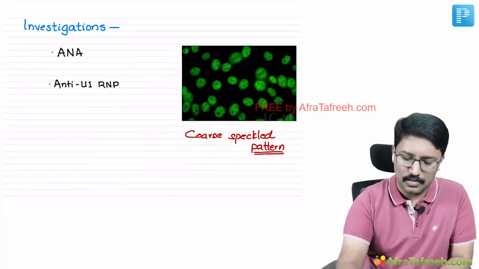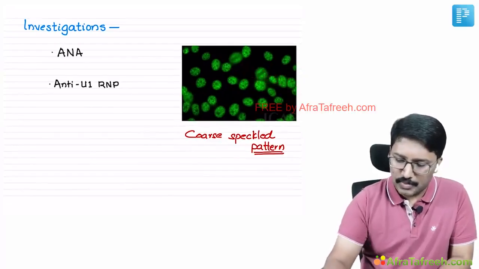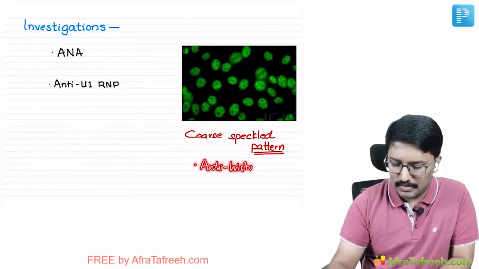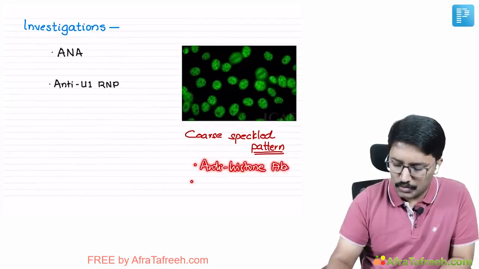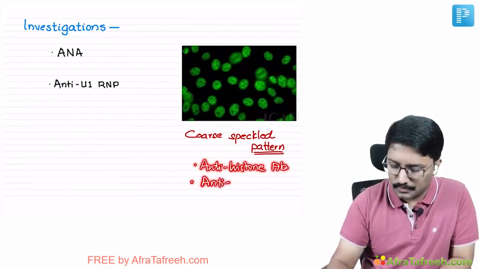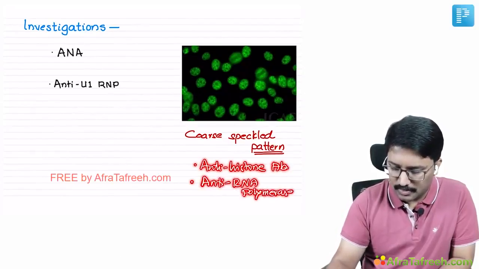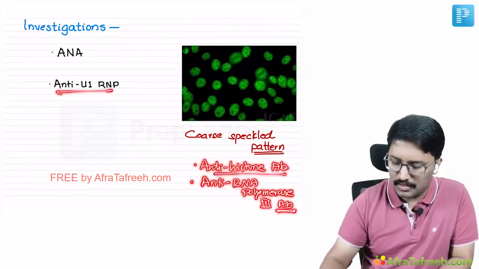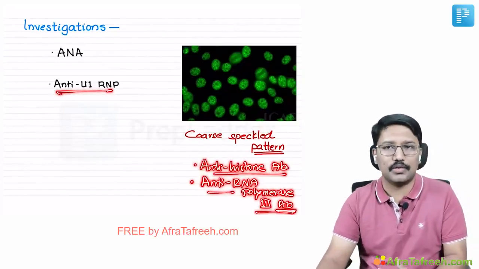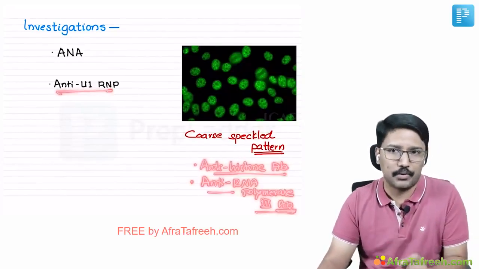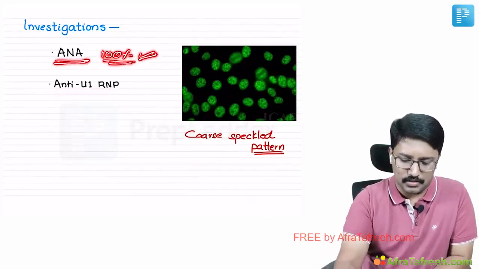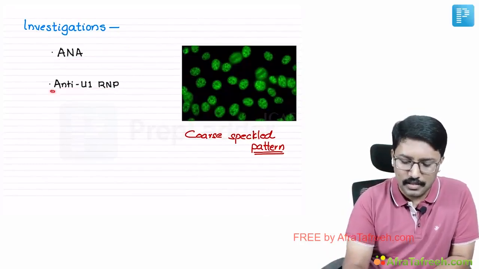What other conditions might you see coarse speckled pattern in? The coarse speckled pattern can also be seen with antihistone antibodies, right? You might also see coarse speckled pattern with anti-RNA polymerase 3 antibodies. So anti-U1 RNP, antihistone and anti-RNA polymerase 3 antibodies usually cause this coarse speckled ANA pattern. Okay, is that clear? So ANA is 100% positive in these patients,